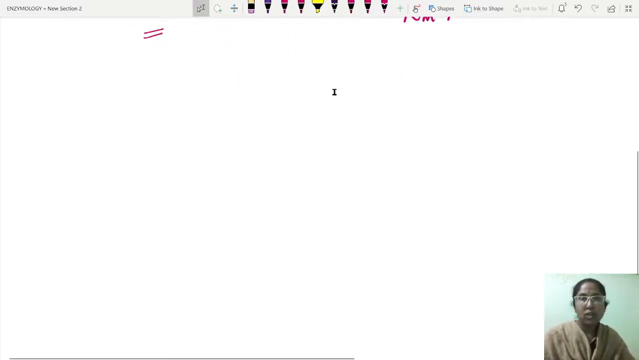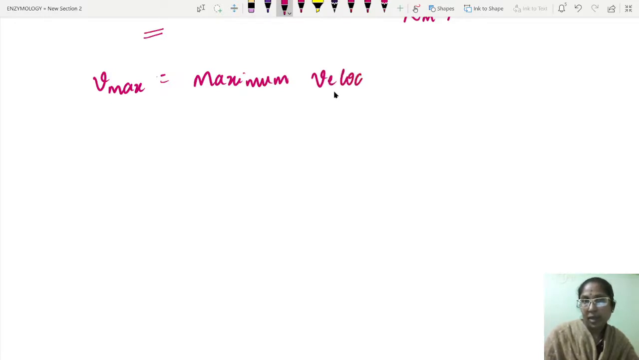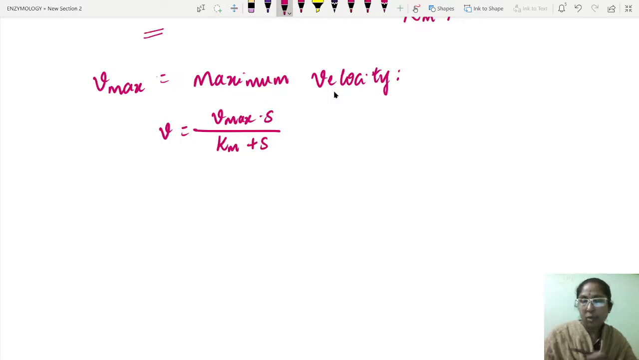Now we will know about Vmax. This Vmax is nothing but the maximum velocity. If we look at the Michaelis-Menten equation, that equation is V is equal to Vmax into S by Km plus S. Okay, this is the Michaelis-Menten equation, and this equation is in the form of an